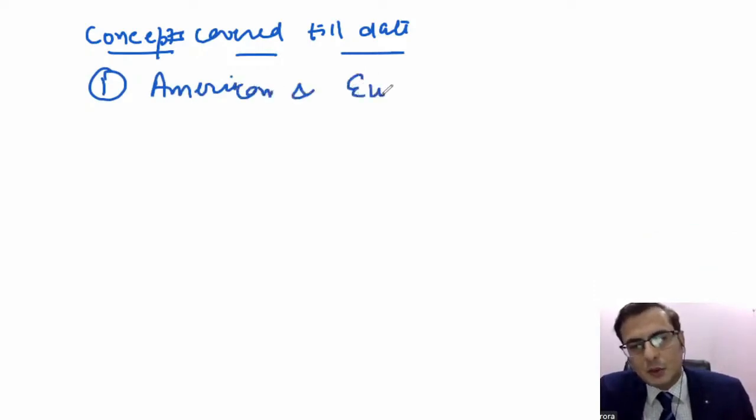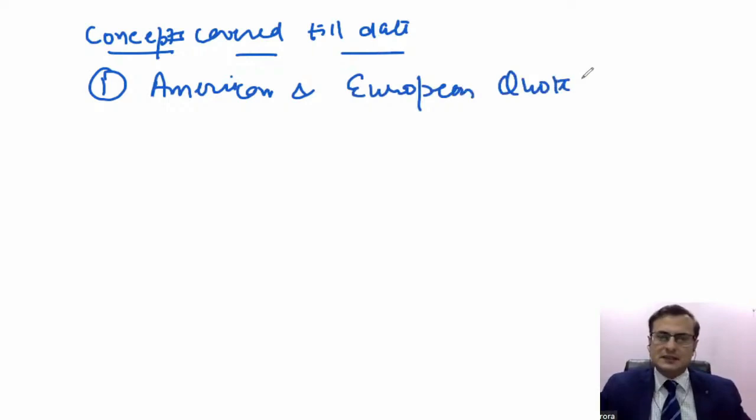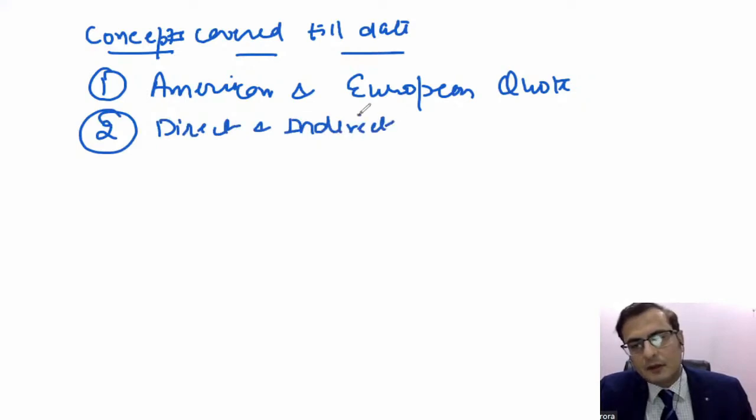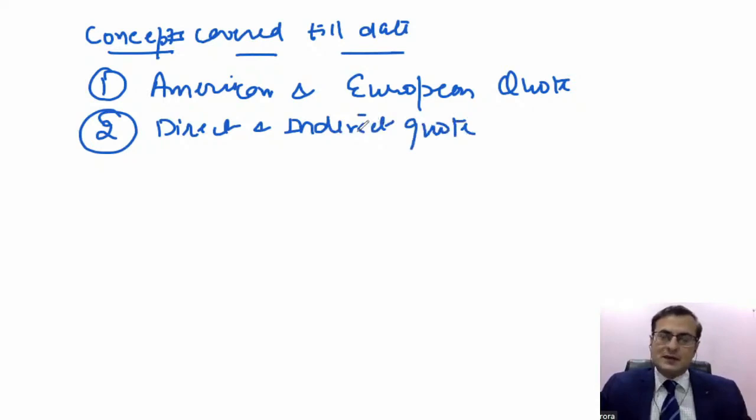Number one, the American quote and European quote. This was not very widely used in our questions because we were doing the other one, which is called the direct and indirect quote. There we understood what is a direct quote, what is an indirect quote,